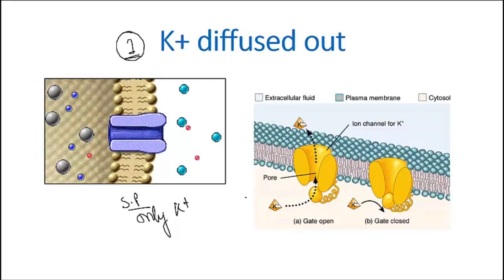Okay. Now gradients cause ions to move. Potassium will diffuse down its concentration gradient from the area where the concentration of potassium is high to the area where the potassium concentration is low. Now normally potassium concentration is high inside the cell and low outside the cell. So that's the reason potassium will move from inside the cell to outside. So it will diffuse out. This concentration gradient acts as a chemical force that pushes potassium out of the cell, if you look at here,